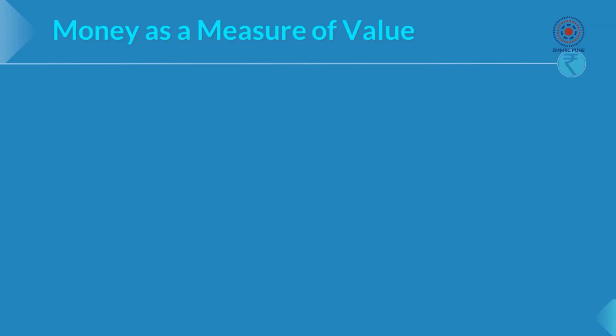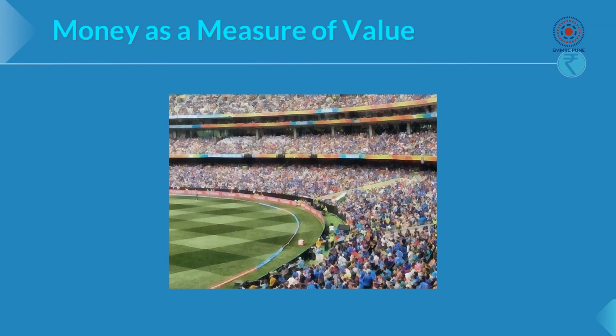The second important function of money is a measure of value or unit of account. Think of a cricket match in a stadium where a wide variety of audience have gathered. The tickets are payable in kind, in terms of the produce of each audience member. That means if a group of 4 farmers is going to watch the match and each one of them is a producer of a different kind of crop, namely rice, corn, wheat and potatoes, how should the cricketers and others be awarded?